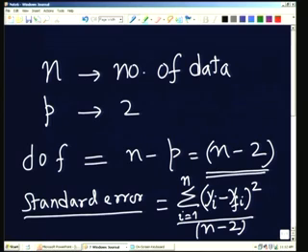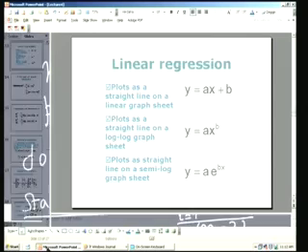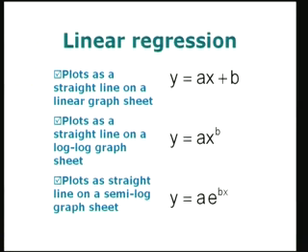So, with this background, let me go back to the slide, and what I am trying to do is I am trying to see these 3 types of relationship. All of them are going to be linearized. That means that if I plot appropriately, I am going to take logarithm on both sides. In this case, I am going to take logarithm on only one side. Semi log means I am going to plot in a different way, right. So, if I do that,